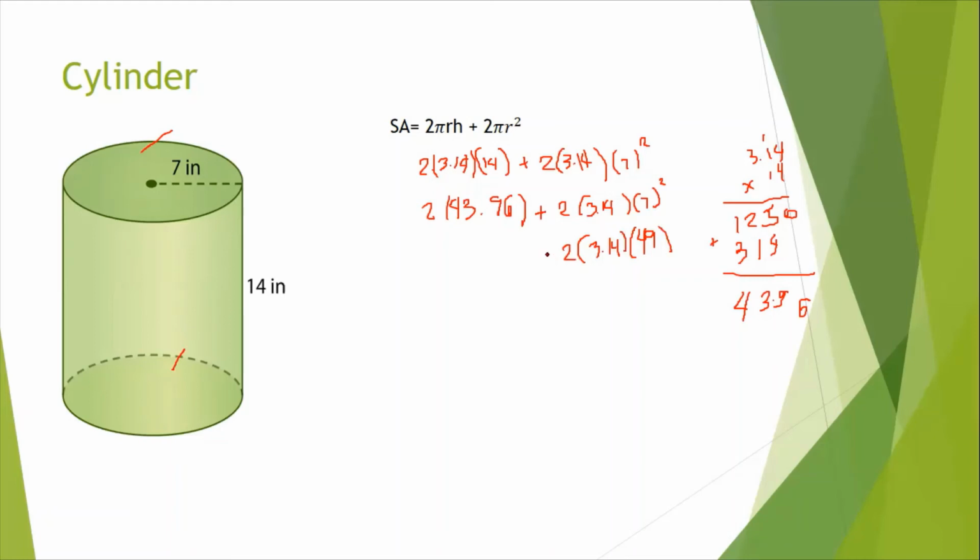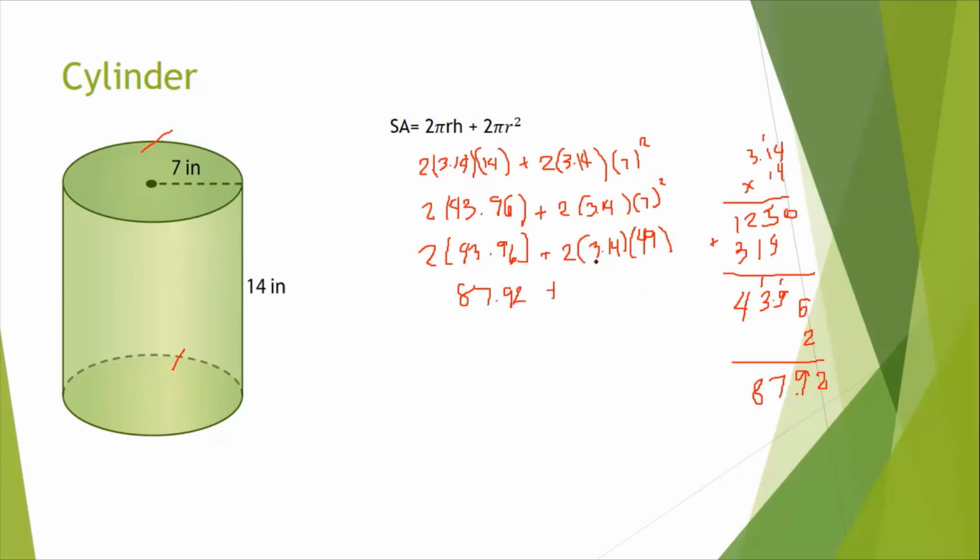times 2, plus 43.96 times it by 2. Okay, this time let us now multiply 43.96 times 2. Let's multiply this one by 2. 12, 18, 19, 6, 7, 8. So 2 decimal point. This one is 87.92